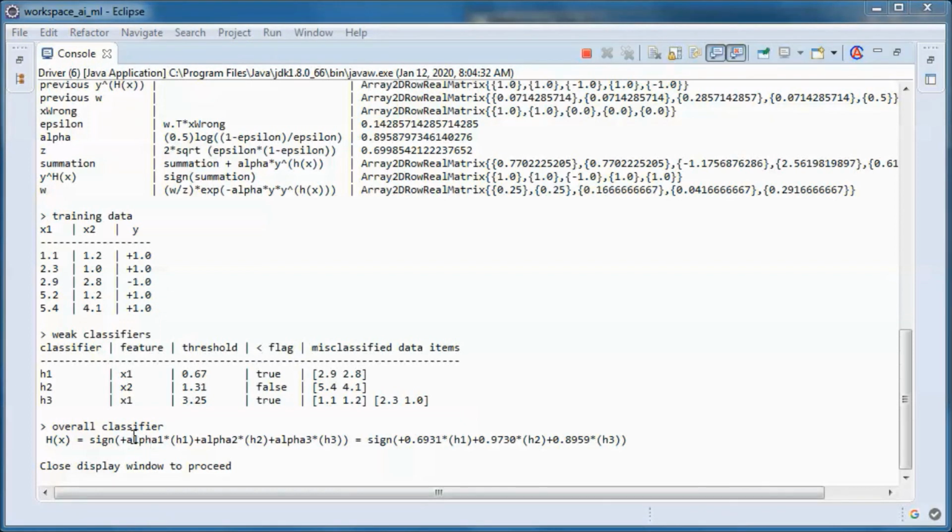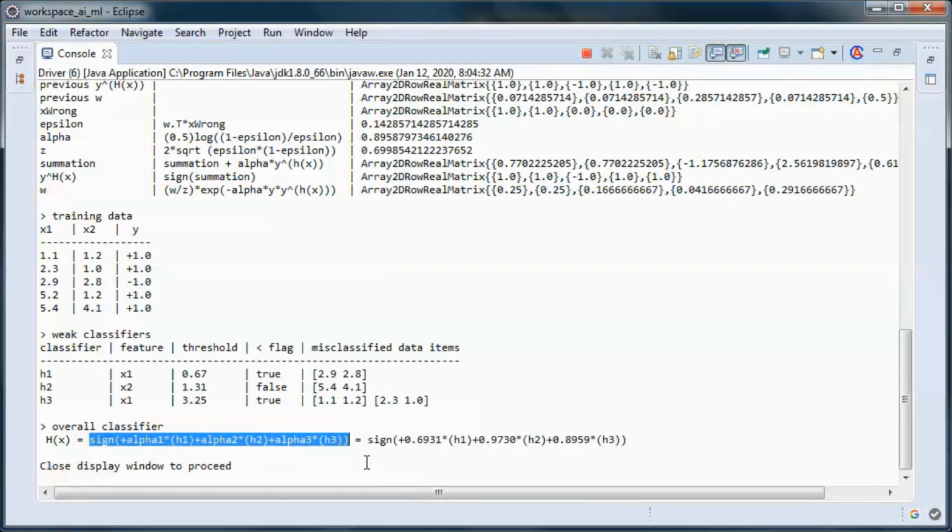And it is made up of the sum of the weighted weak classifiers H1, H2, and H3, weighted with alpha 1, alpha 2, and alpha 3. And we take the sign of that summation,